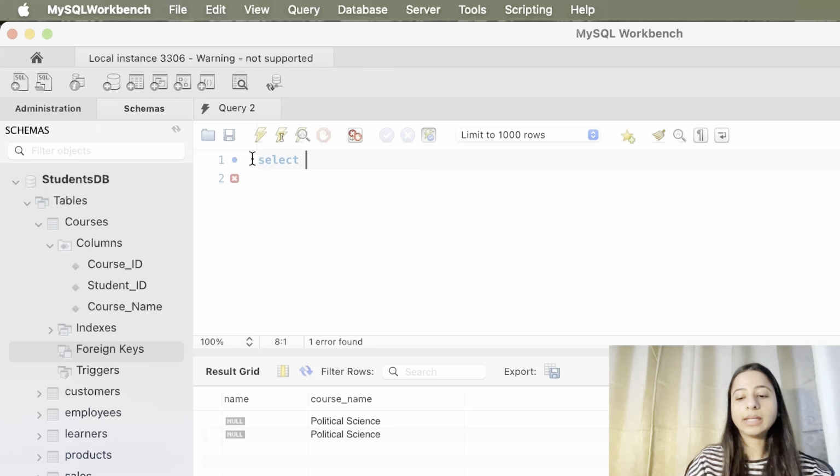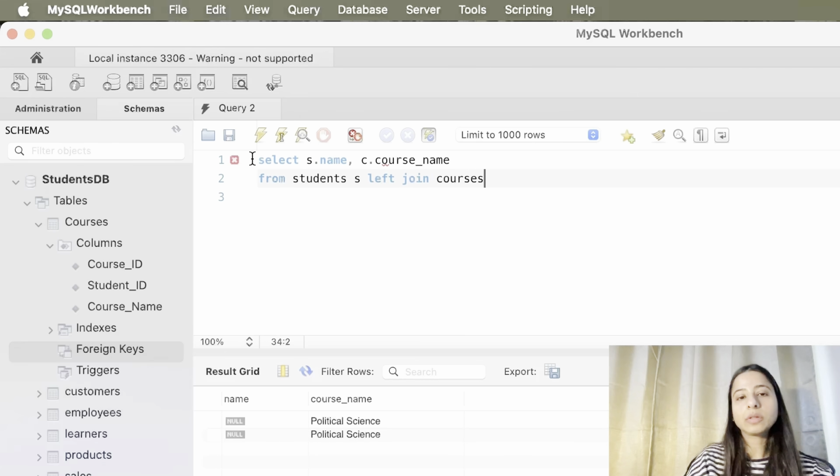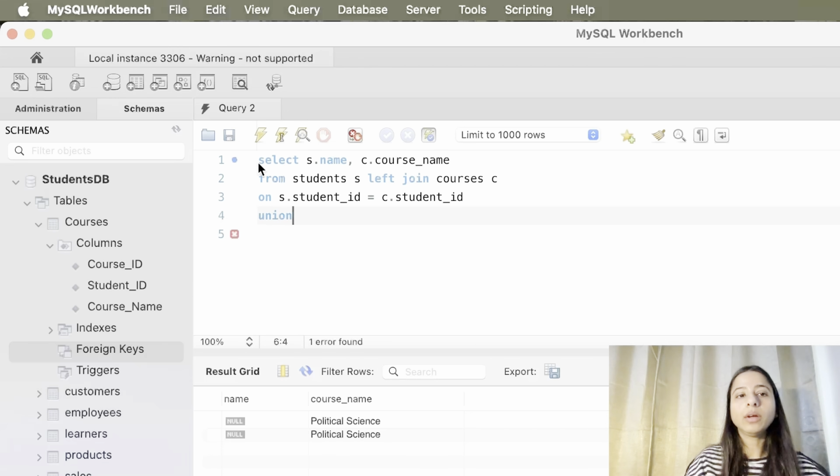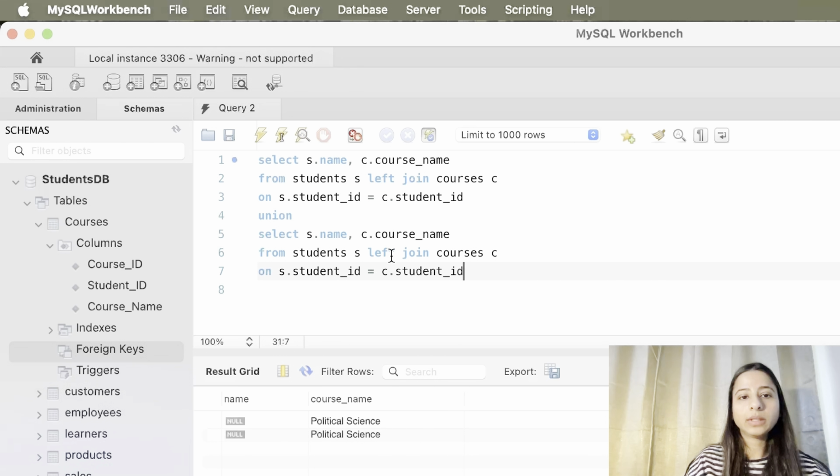So we will write select s.name, c.course_name from students s left join courses c on s.student_id equals c.student_id, and then we perform a union of this query with a right join. So union, let me just copy paste it and replace the left with the right.